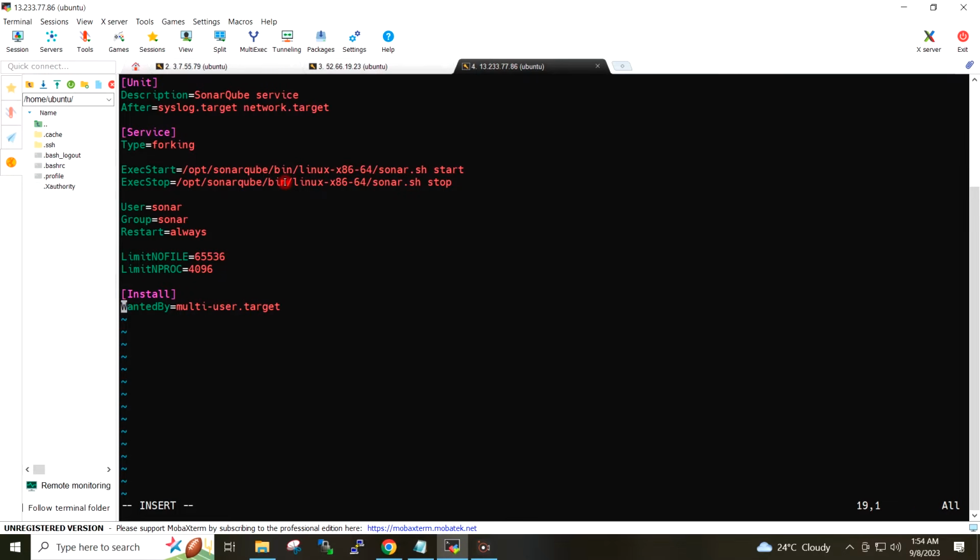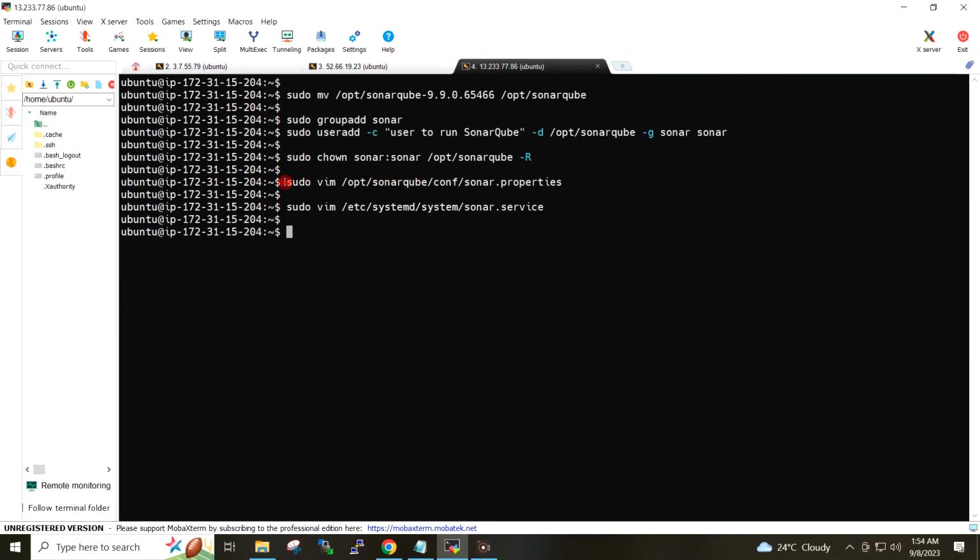I will save and close this file. I will now start the SonarQube and I will enable the service.